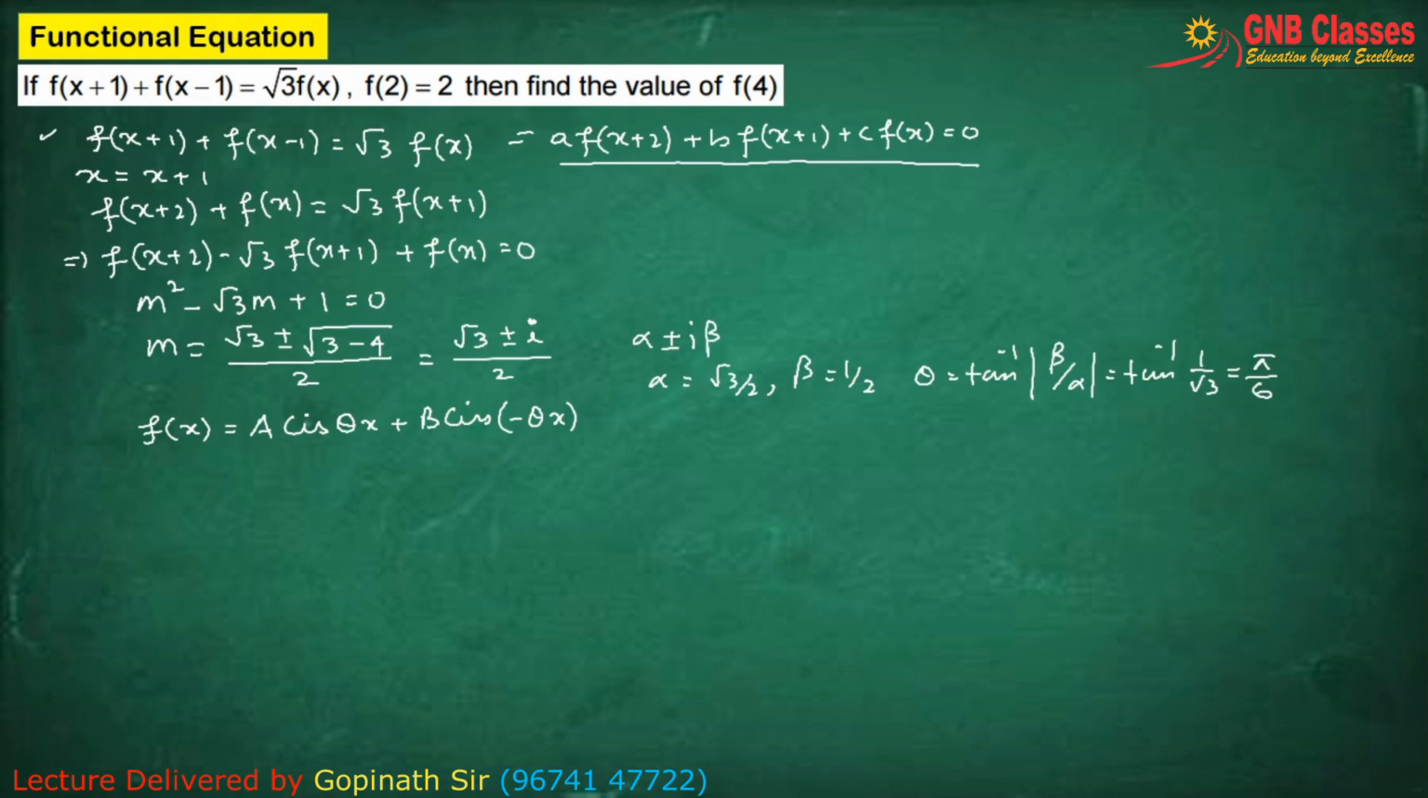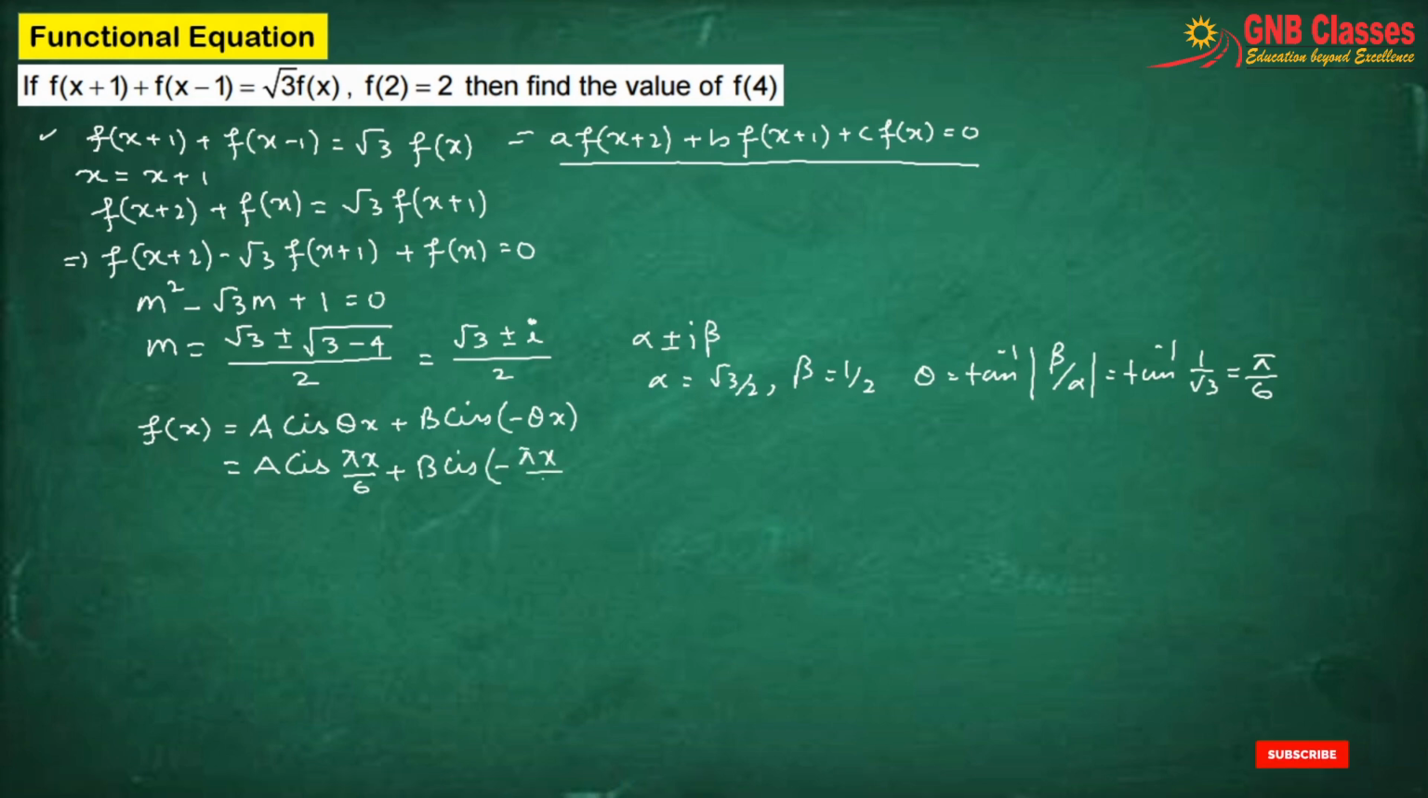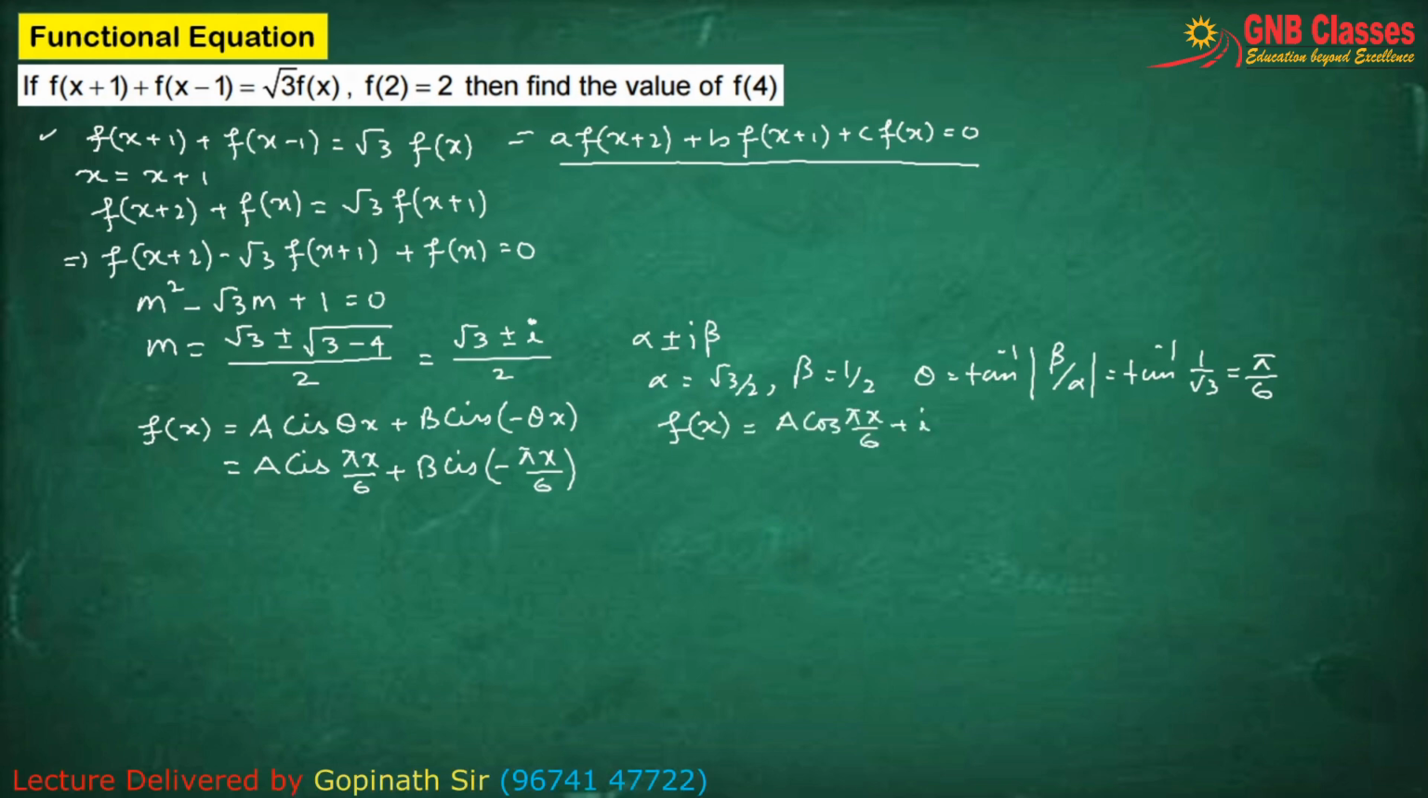Is it clear? Therefore our f(x) becomes, A cos pi x by 6 plus B sin pi x by 6. Is it clear? So let me just open. So we are getting f(x) as, this is not B, this should be A. Okay. So we are getting,